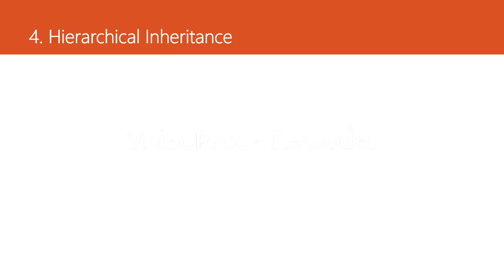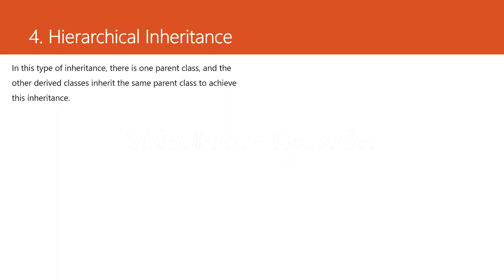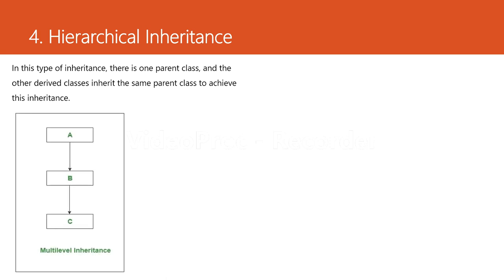Fourth is hierarchical inheritance. In this type of inheritance, there is one parent class, and the other derived classes inherit the same parent class to achieve this inheritance. Following is the pictorial representation of hierarchical inheritance in C# programming language. For example,